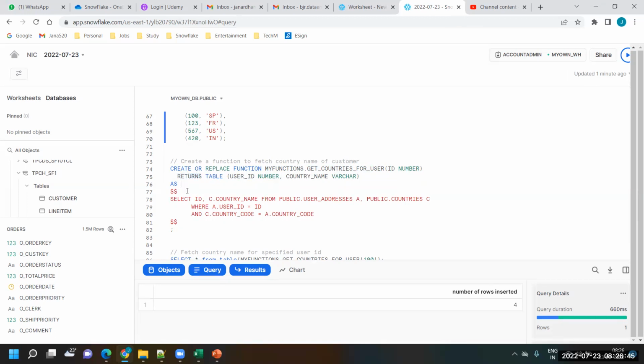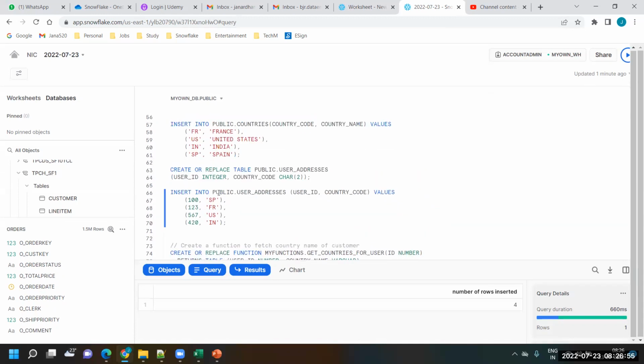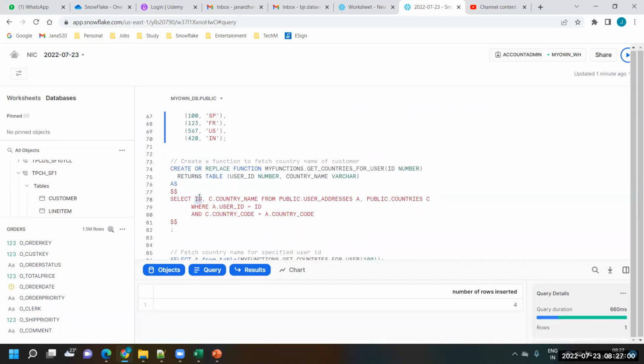Okay, and as I'm writing a statement like this, just observe this. This is a little different from the actual one. Select ID. If you see here our table, I mention it as user ID, but here I'm just putting ID because I'm getting this as a parameter, user ID as a parameter. I want to select only this ID, right? I don't want to calculate the address for all IDs. Whatever ID I am getting passed here, I want to calculate the address, that means country name, only for that ID. That's why I'm selecting ID